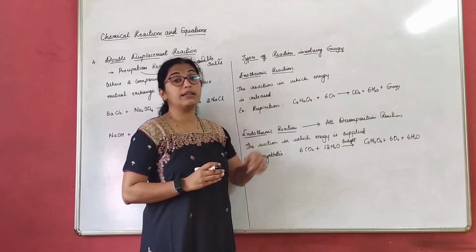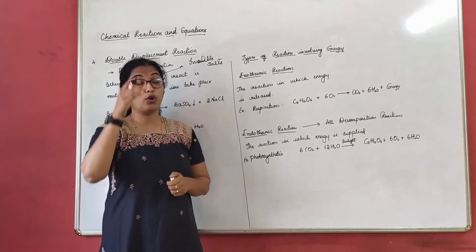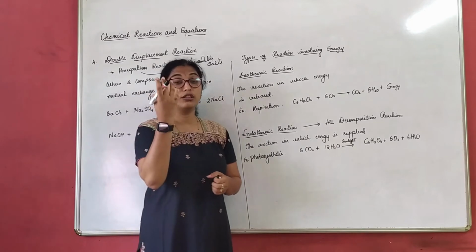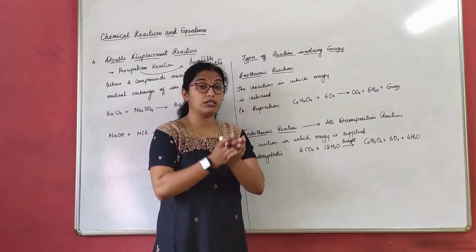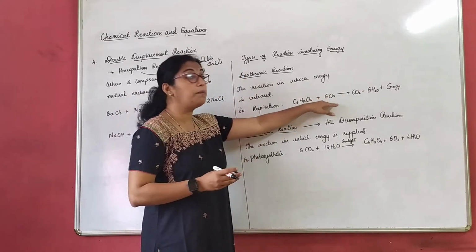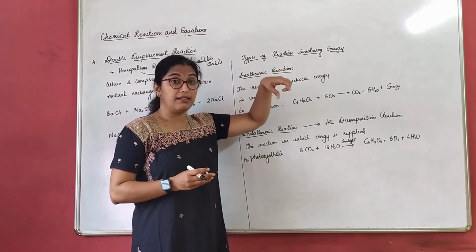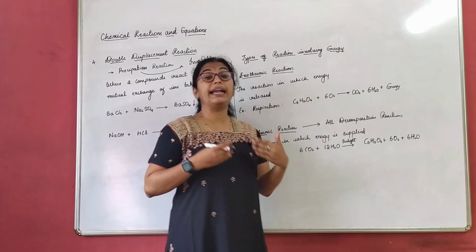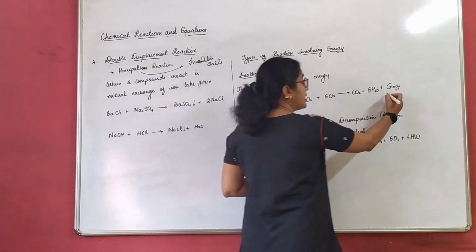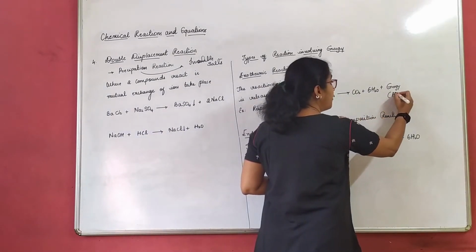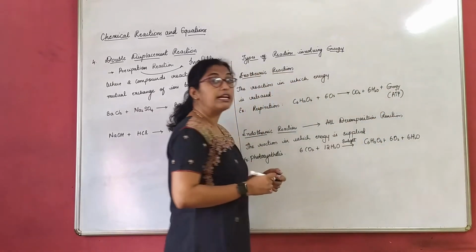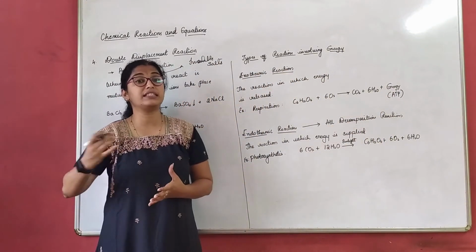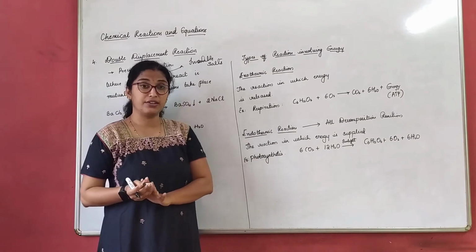glucose is broken down in the presence of oxygen. If you again remember cellular respiration, what actually happens there? The food, that is nothing but glucose, is broken down in the presence of oxygen in the cell, correct? Which gives out carbon dioxide, water and energy. This energy is stored in the form of ATP, adenosine triphosphate, which we can use for our various life processes and activities, right?